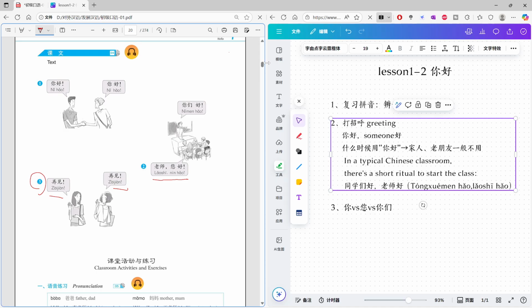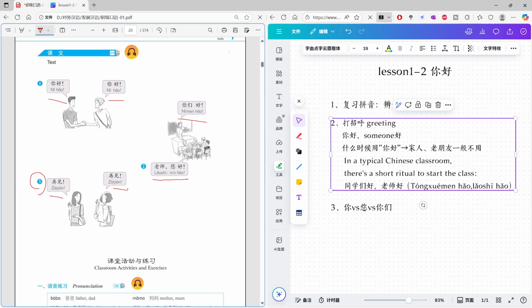OK， 这就是课文部分，很简单，对吗？Not very difficult. That's greetings, how Chinese people greet each other. The most common used sentence or words is 你好 and 你好. And oh, so here, 你们好 and 老师您好 yeah 你们好 老师您好。